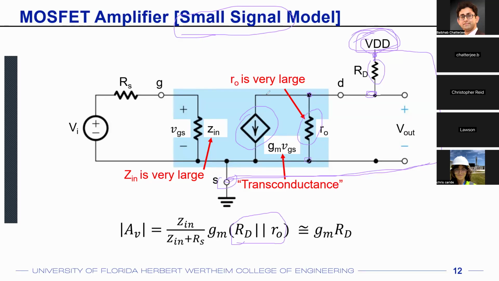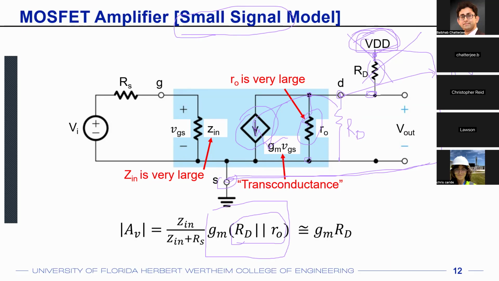So if that is something that we can assume, then what is the output voltage now? You have GM times VGS, that's the current that flows here. You have RO, and let's say you put the RD in parallel, just to simplify things, so you don't need to draw this anymore. So you have GM times VGS, that's the current flowing in this direction, and the resistance in parallel to that is RO in parallel with RD. So the voltage at this node is going to be minus GM VGS times RO parallel with RD,